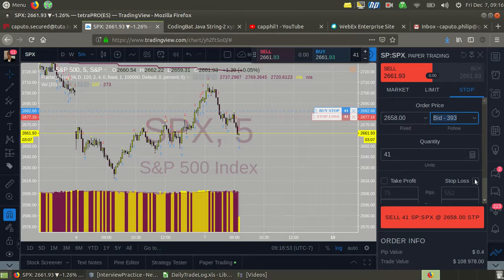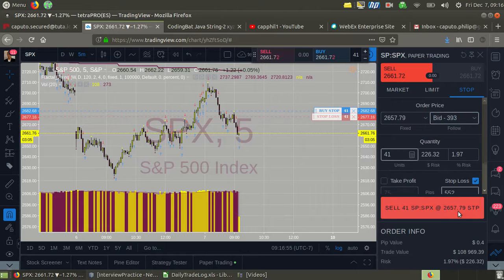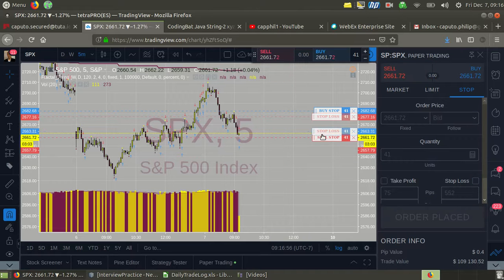Tab over. Okay, use the stop loss 2%. Sounds good. Let's get in there. Okay, so if it breaks below this, we're gonna hit